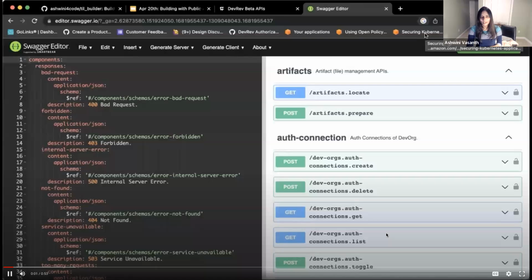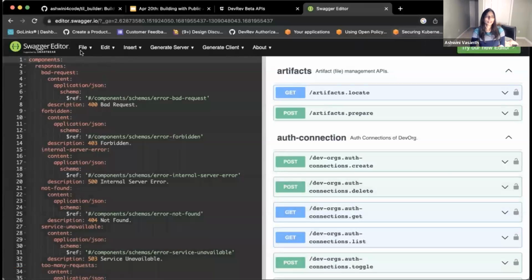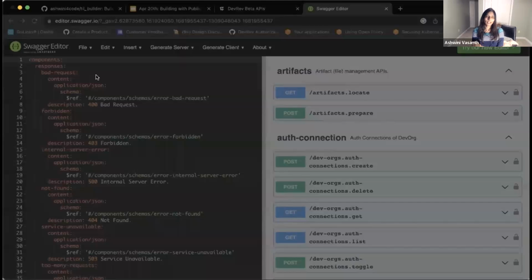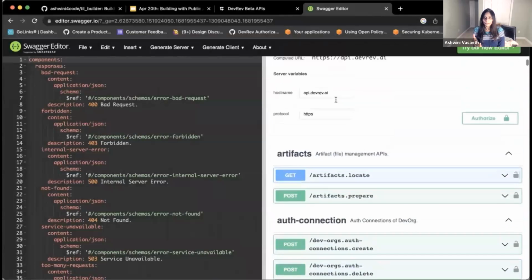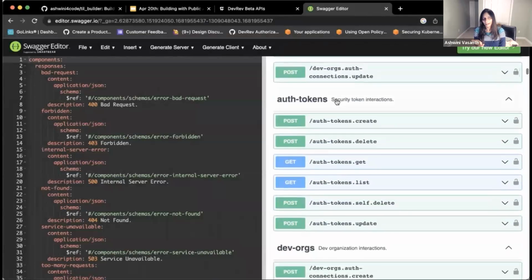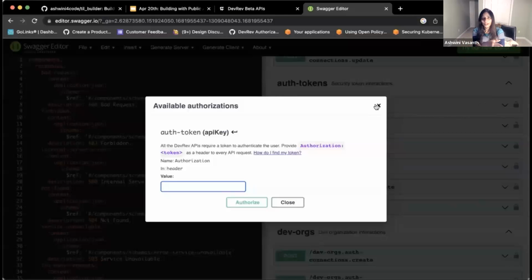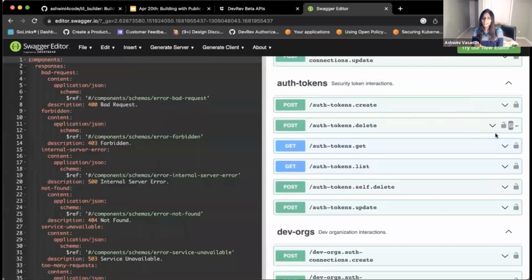And we're going to watch a really quick video about this. So what are we doing here? This is the Swagger editor, which I said you could try. What you would need to do is import a file. You would import any OpenAPI spec file. In my case, I imported the DevRev spec file, which you are going to have access to as well through the open source repo that I'm going to briefly share.